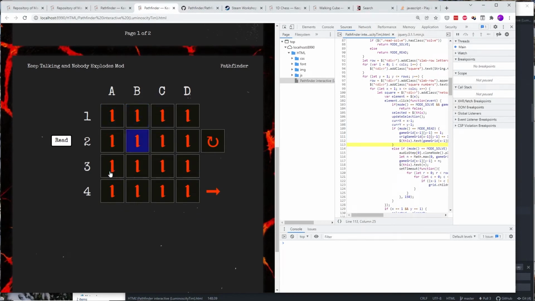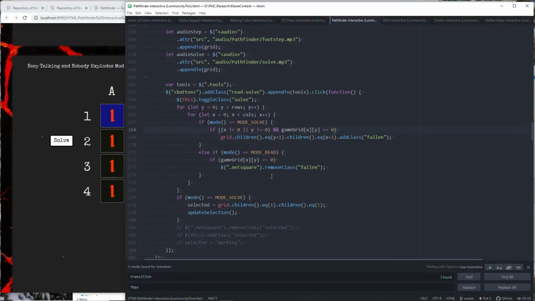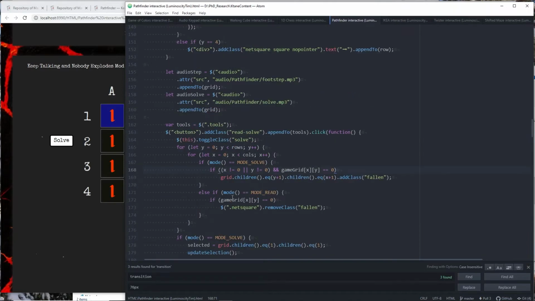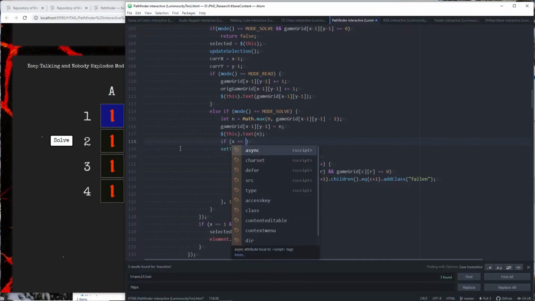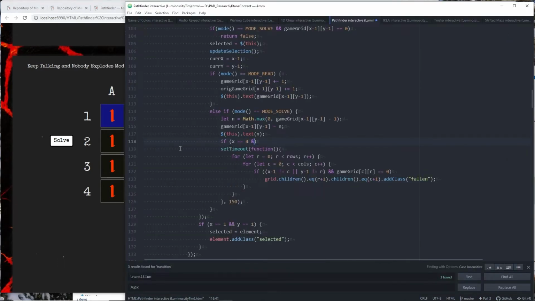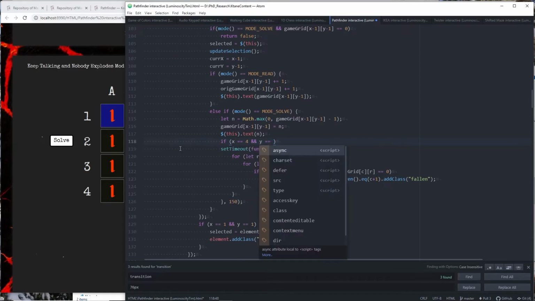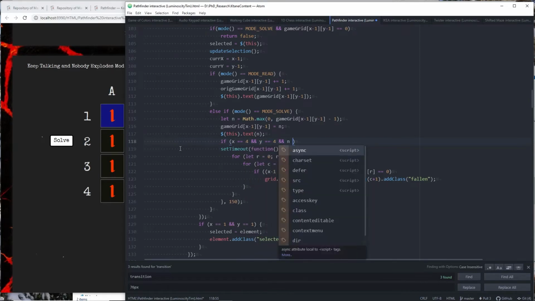Whole bunch of ones. Go to solve, reset, good. And then what we're gonna do is play the solve sound if we've ended up in the bottom right corner with everything being 0. If you click on this one and everything is 0, if x equals 4 and y equals 4 and n equals 0,